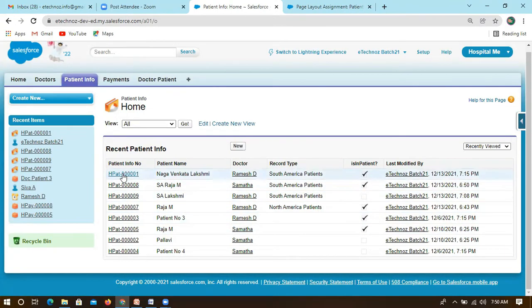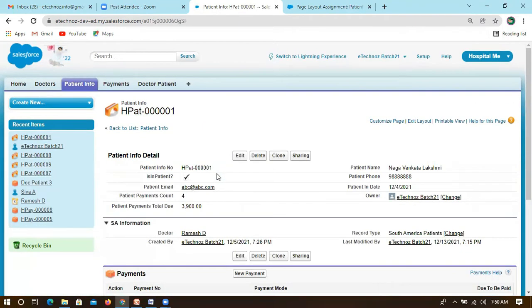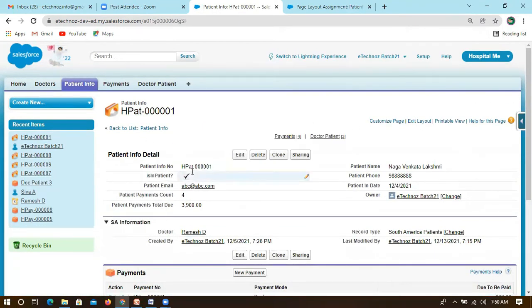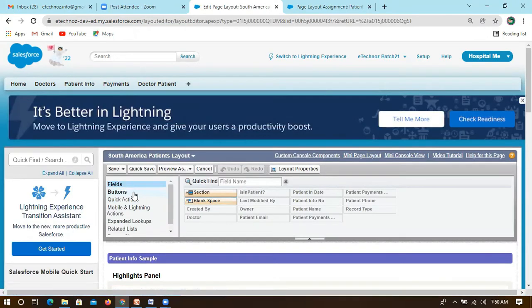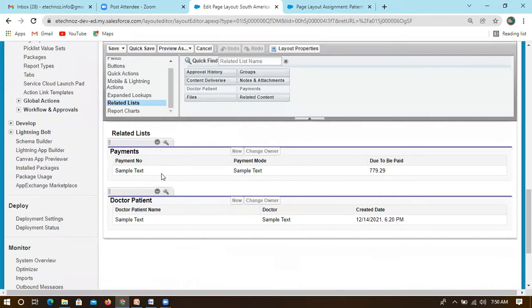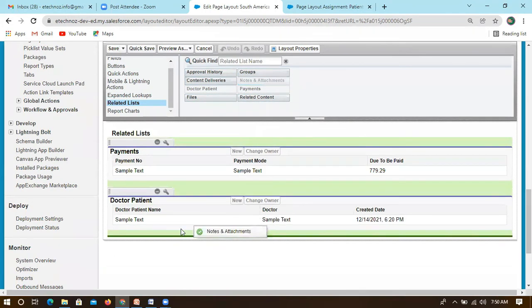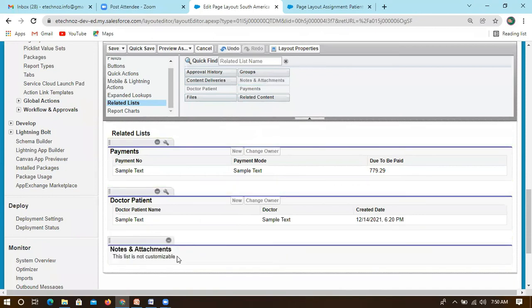So directly you can go, and when you click a specific record, this is the layout. If you want to edit, you can customize this page or edit the layout, so that you can add multiple fields or multiple sections, blank spaces if you want, or you can add buttons, or you can add a related list if you have another child record. So you can add all shared records here, these are all the children. If you want to add notes and attachments, these can also be added for this related list.